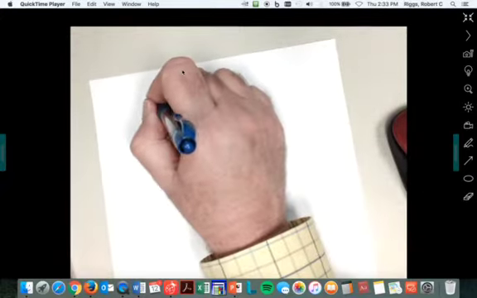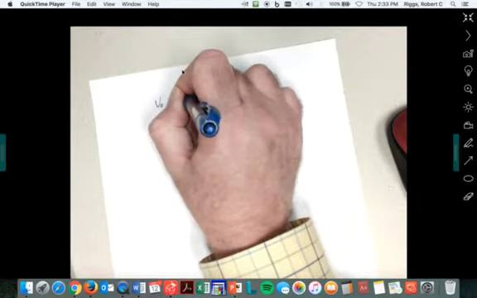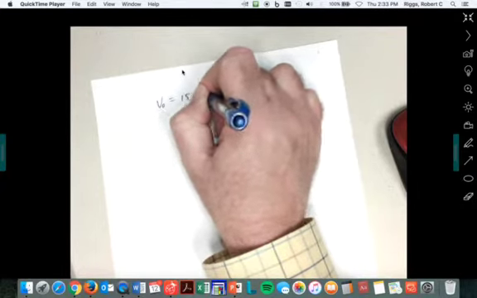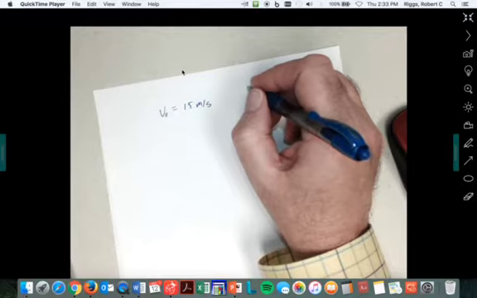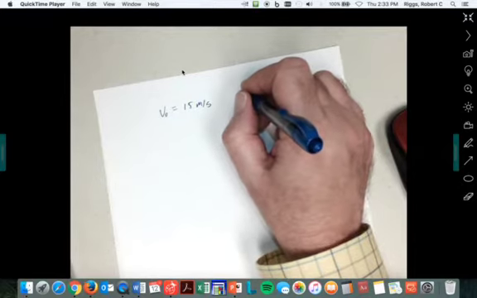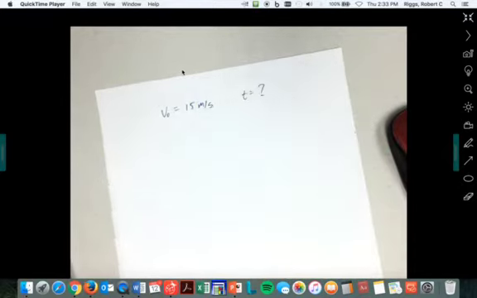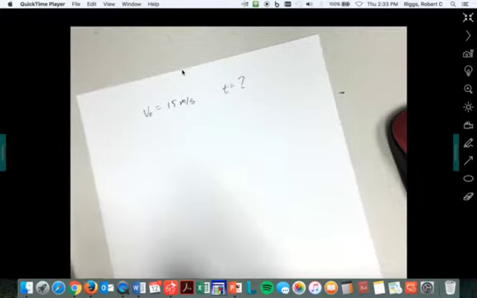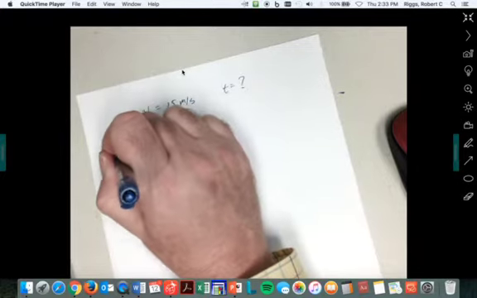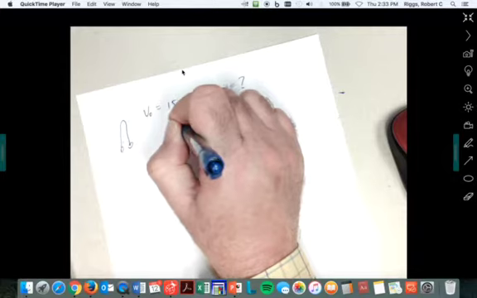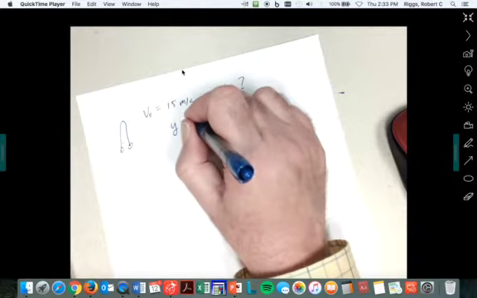Let's say we threw something real high, and it had an initial velocity in the y direction of 15 meters per second, and we want to know the time it was in the air. Going from straight up to straight back down, we use this formula, y equals v naught